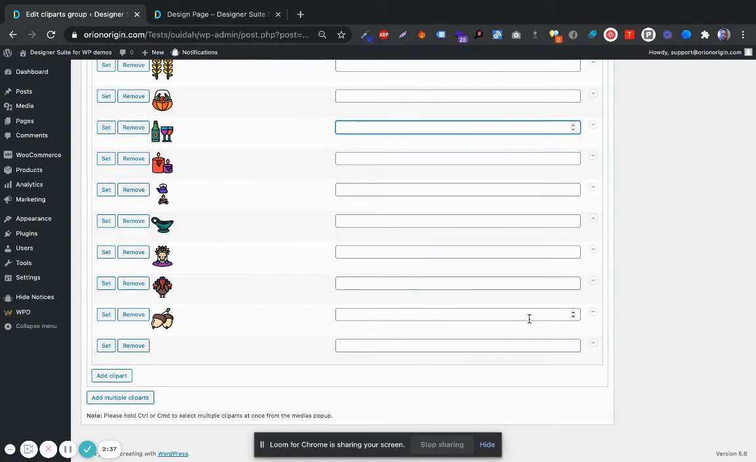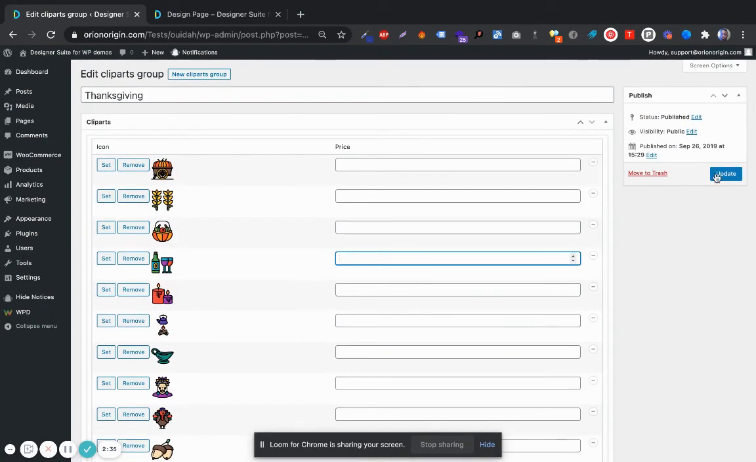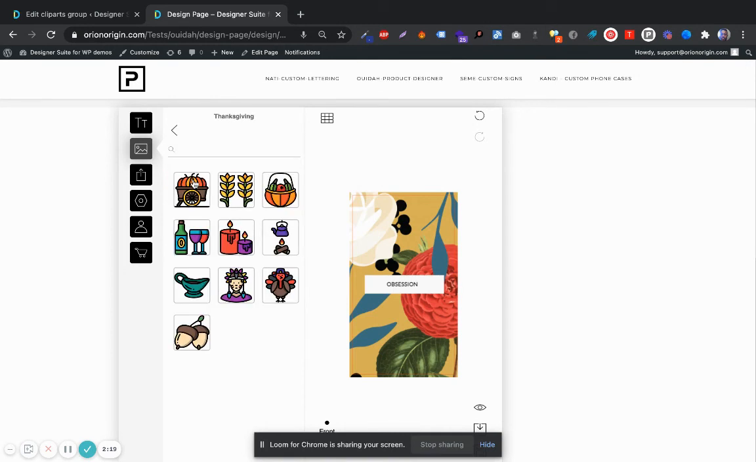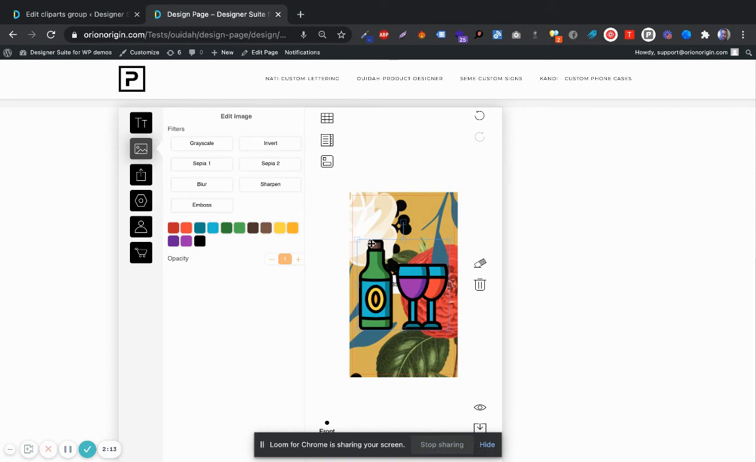After that, all you have to do is hit publish or update over here and you're totally good. That allows your customers, while editing the product, they can select the cliparts and choose the several types that they want. They can resize that as well and put them wherever it is they want